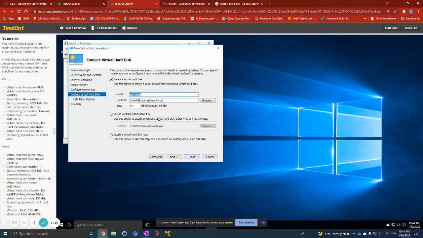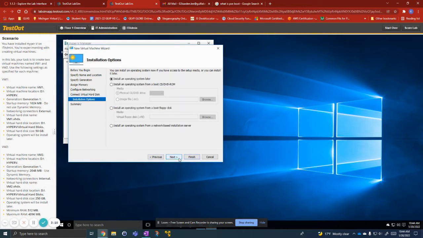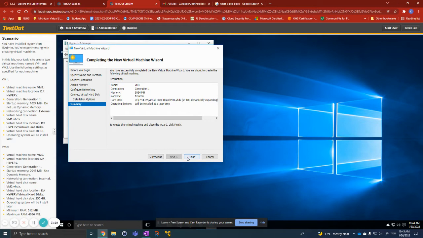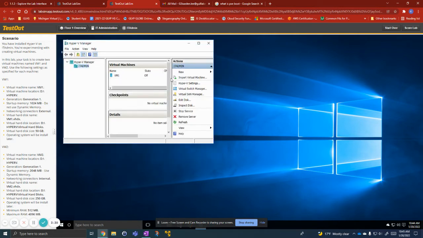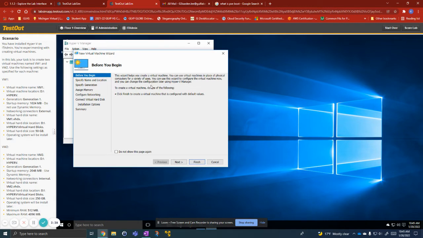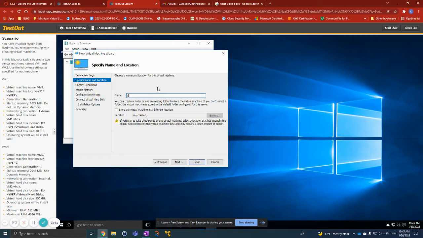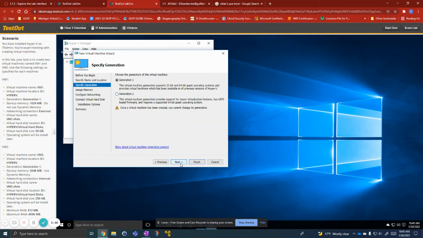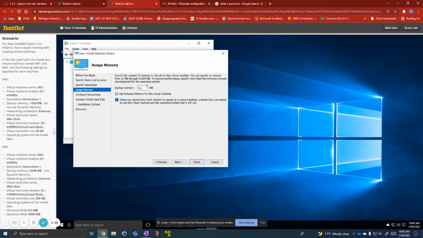Make sure everything's right here. Change the size to 50. And make sure it says install operating system later. So after that we can finish, and we can see that it's there, state off, CPU usage, assigned memory, uptime, etc. Now we can make another here. This one is going to be VM2, also generation 1. This one we are going to use dynamic memory for, and we want it to have